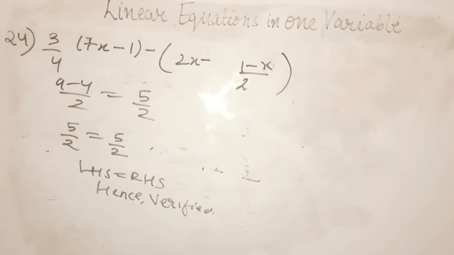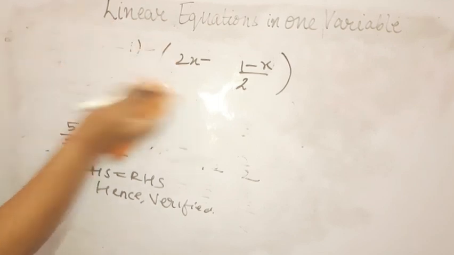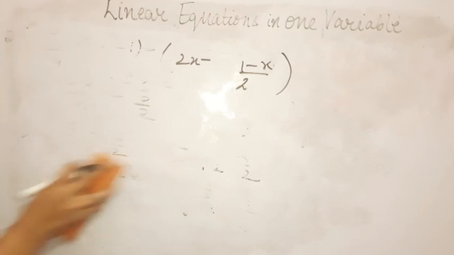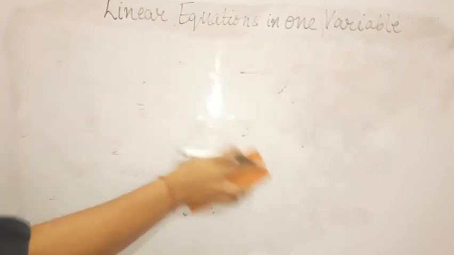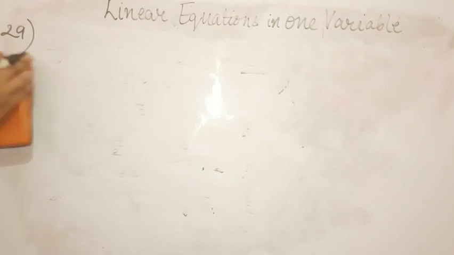Okay, students. So I have explained you question number 24 also. Now I will be explaining you the next question, that is question number 29. And these questions which I am explaining you in the video are your classwork. You have to do these questions in your maths classwork copy. Okay, students? Before explaining you question number 29, 27 was also asked in the comment section. So I will explain you question number 27. Okay, students?